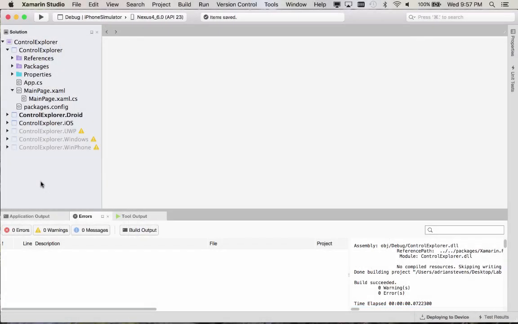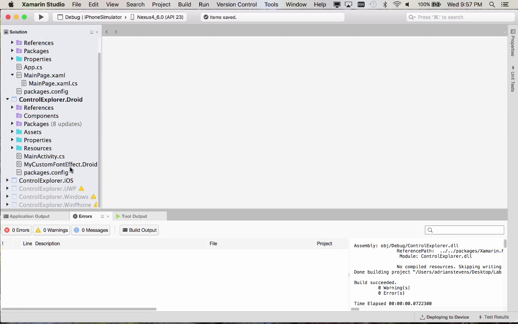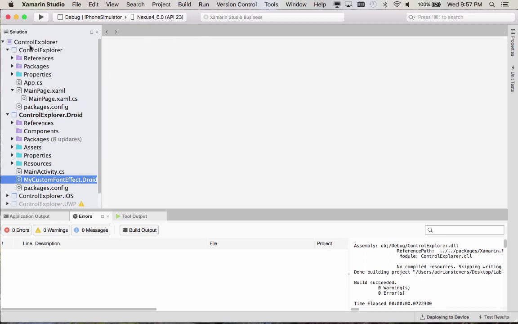So I'd like to make a routingEffect for an effect I added previously. I've got a custom font effect that can be applied to a label in each of the head projects. And it has an ID of Xamarin.CustomFontEffect. So we'll go back to our shared code, our Xamarin.Forms portable class library